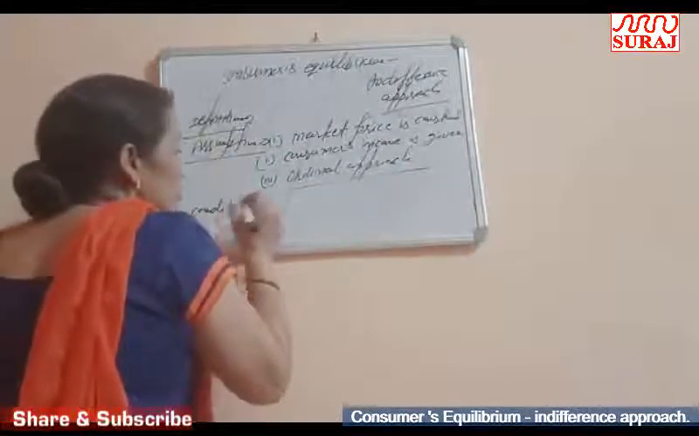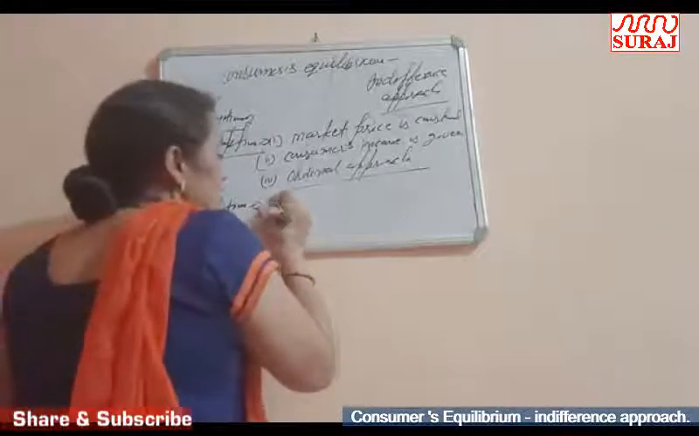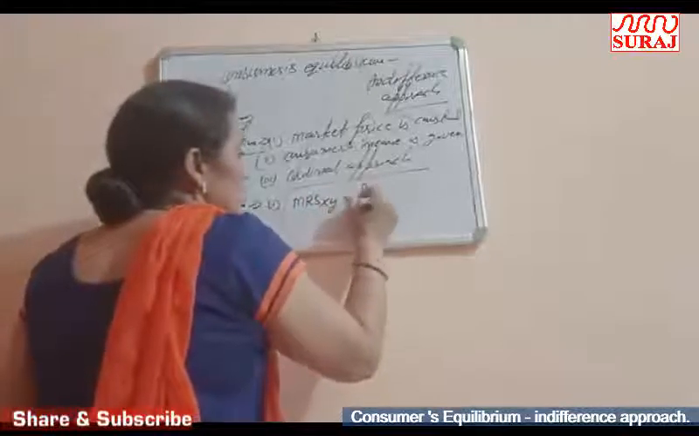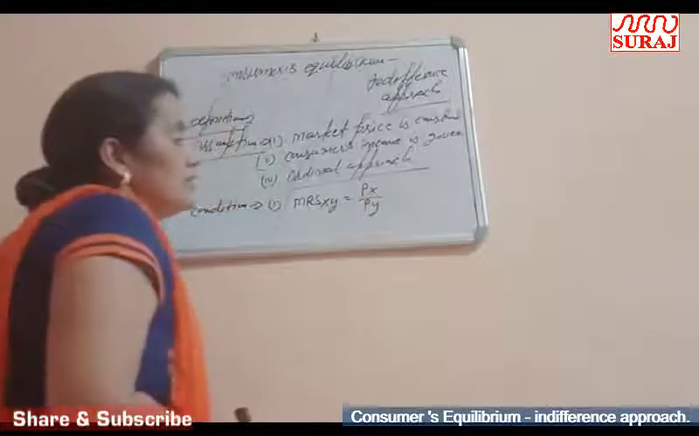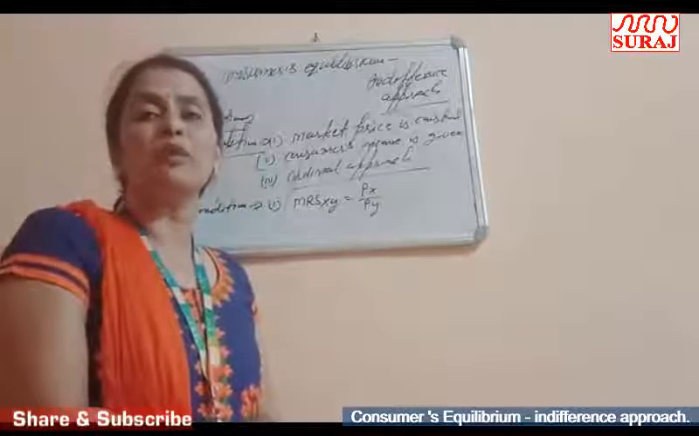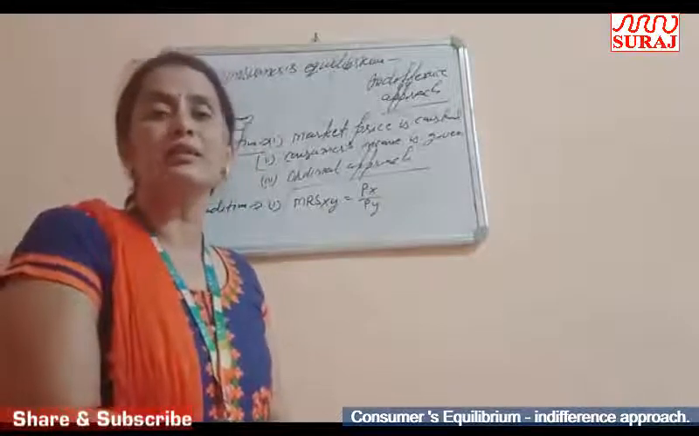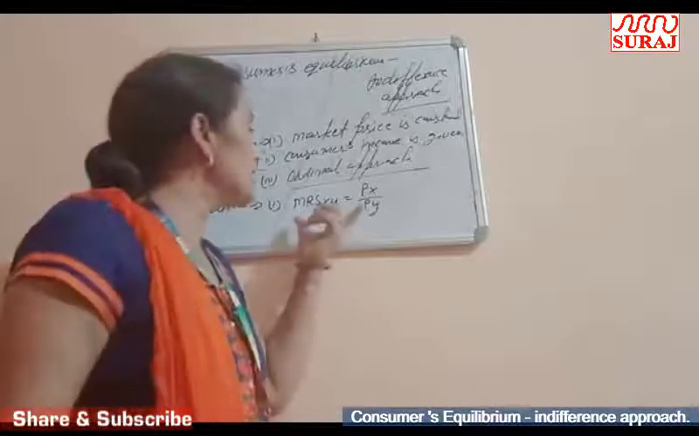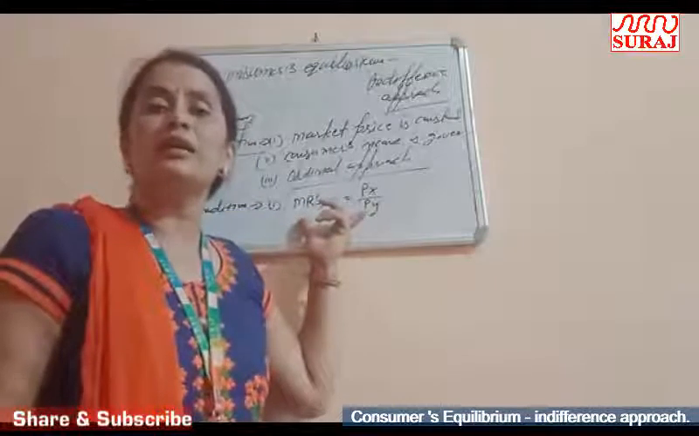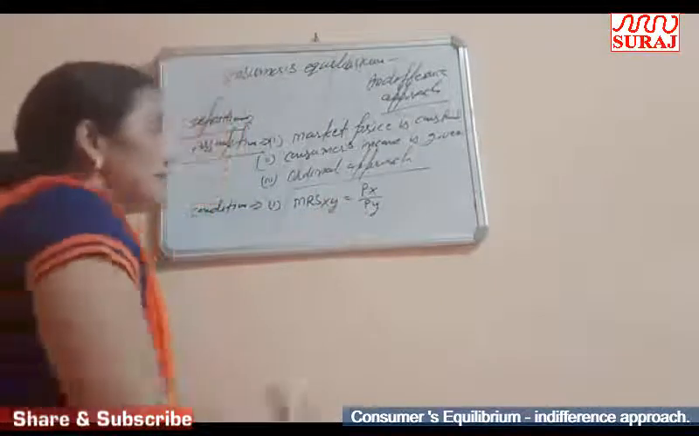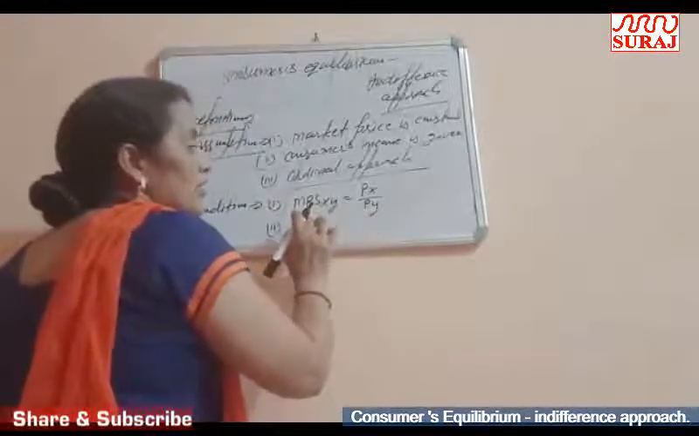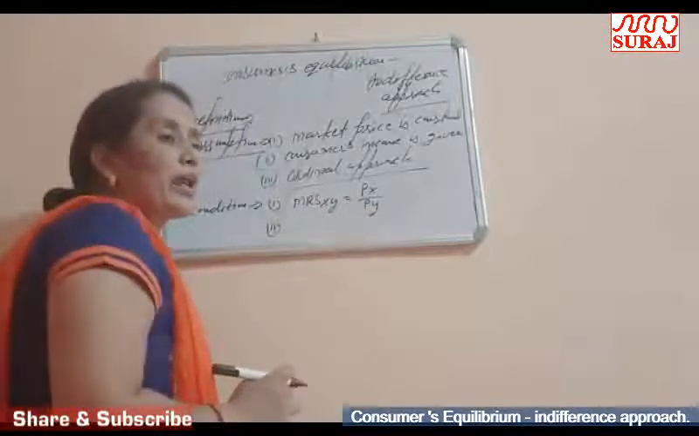The conditions of the consumer's equilibrium are: the first is that the marginal rate of substitution of x and y is equal to Px upon Py. The marginal rate of substitution shows the slope of IC, and Px upon Py shows the slope of the budget line, the price line. Where the slope of IC and the slope of the budget line are equal to each other, the consumer is in equilibrium. And at this equilibrium point, where the IC slope and budget line slope are equal to each other,